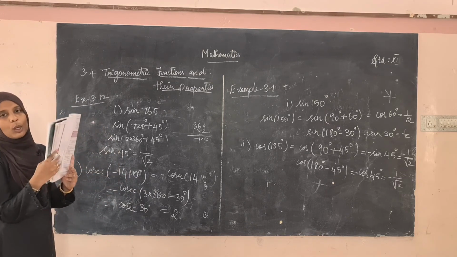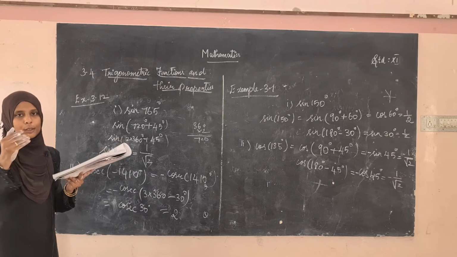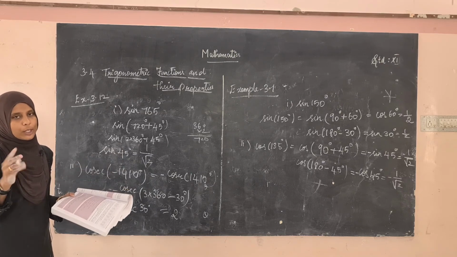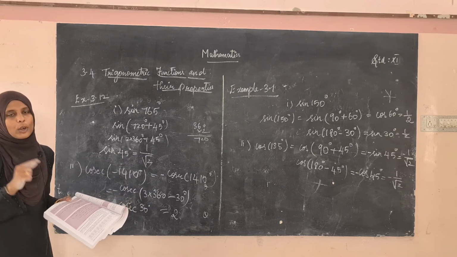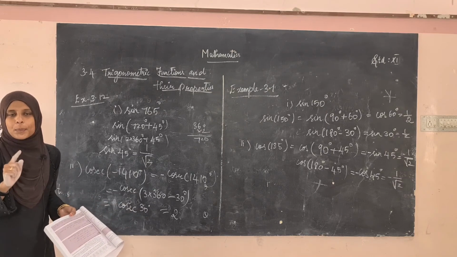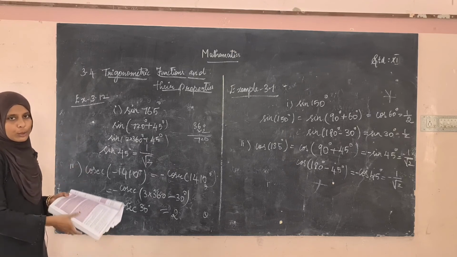for you. What you have to do? What is cot of minus theta? Minus cot theta. Therefore minus cot into 15 pi divided by 4. Okay, so 15 pi divided by 4 you have to change that. That is 4 pi minus pi divided by 4. What is pi actually? Actually pi is 180. So 4 into 180 minus pi by 4. You can do the sum.